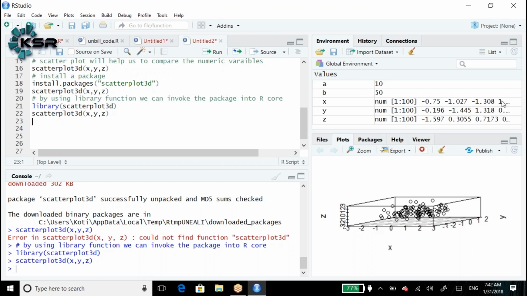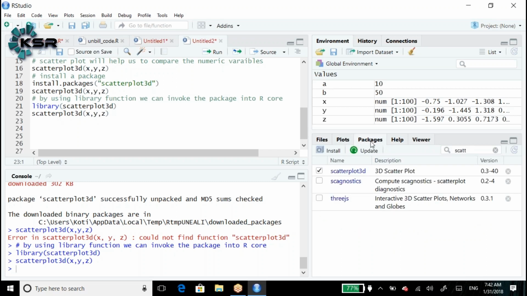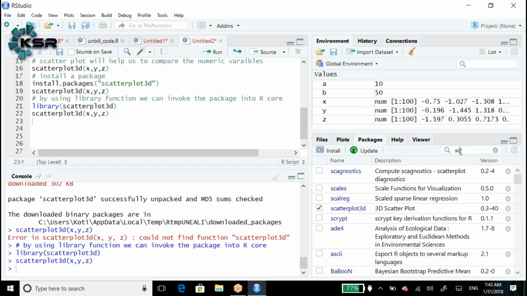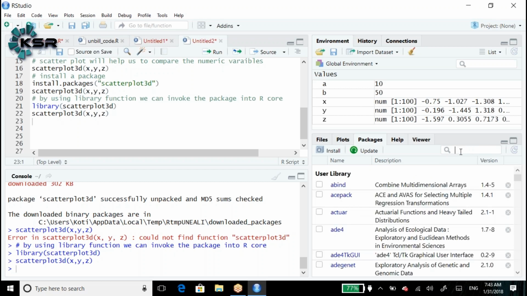He has a good question, everyone. Now we installed scatterplot3d. For example, I am going to do an end-to-end project. Do I need to install scatterplot3d again? Not required. Before installing a package, search for it first in the package list. If the package is available in the package list, there is no need to install it going forward. If it is not, you have to install it. Even for practice purposes, if the package is available in the list, that can be used. Is it clear?